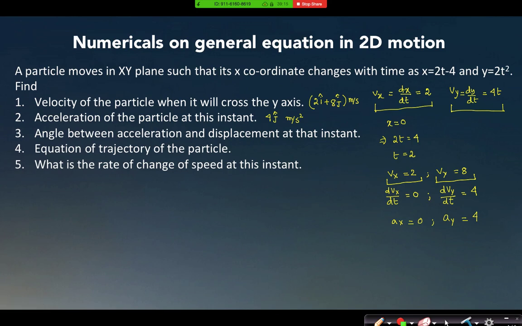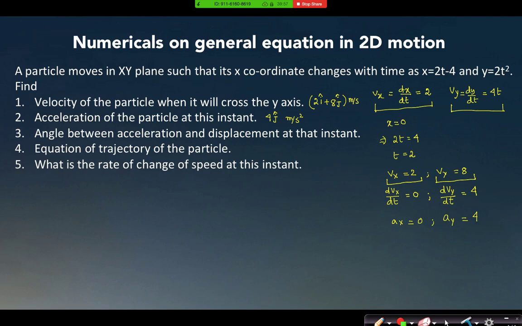How do I find that? Look, it is asking about displacement vector. So I will always assume that the particle has started its motion at t equal to 0, right? Because whenever we plot any graph, we always neglect the negative time, because the observer cannot see the past motion of the particle. The observer will only see from the time instant where the time will be positive.